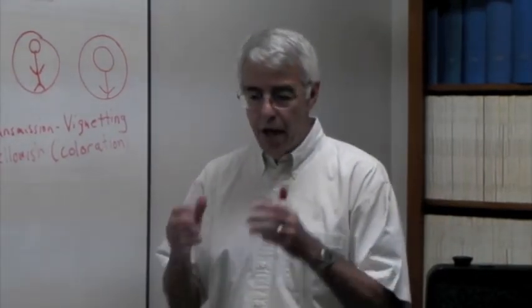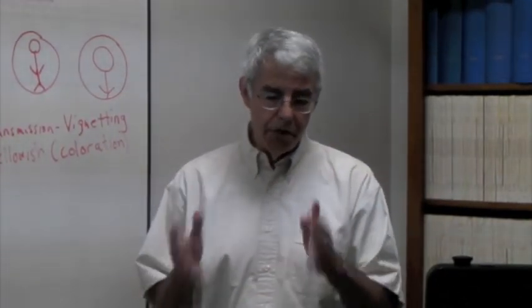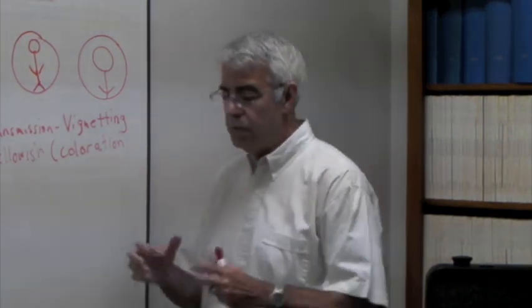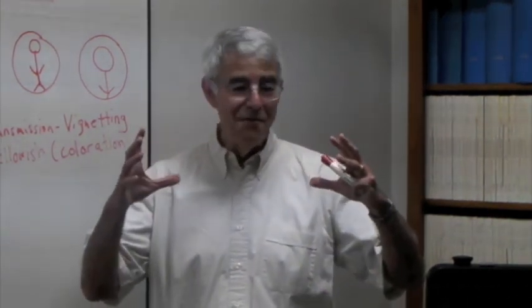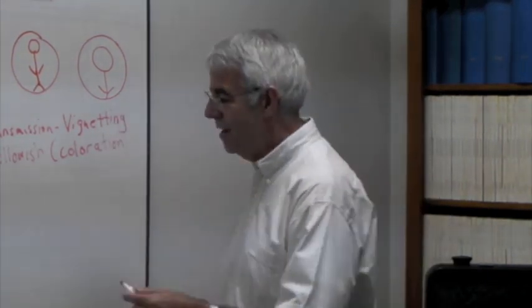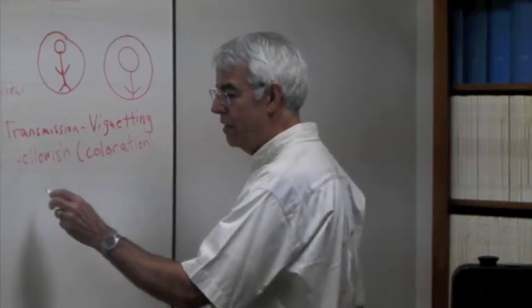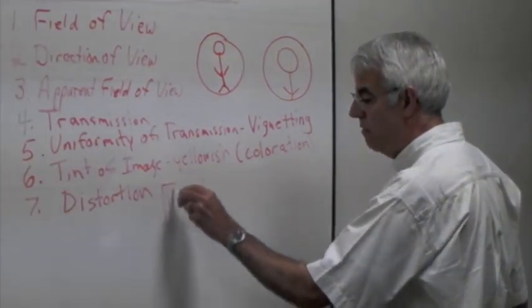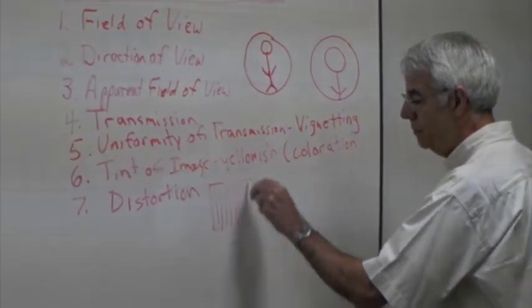Well, distortion, yeah, it's a defect in the image, but it's a particular kind of defect, and it has to do with the squashing of the image at the outside or expanding of the image inside. I think the easiest way to think about it is if you look at a piece of graph paper. So in a typical scope, you'll see this kind of thing,